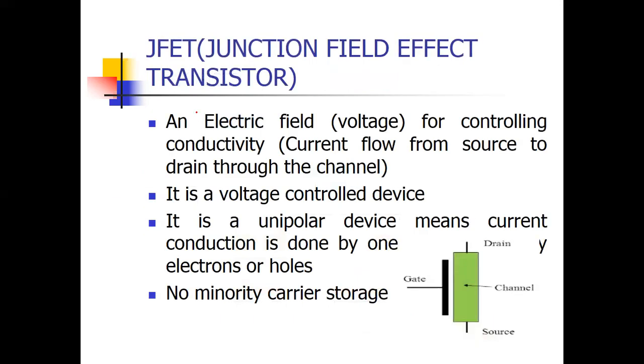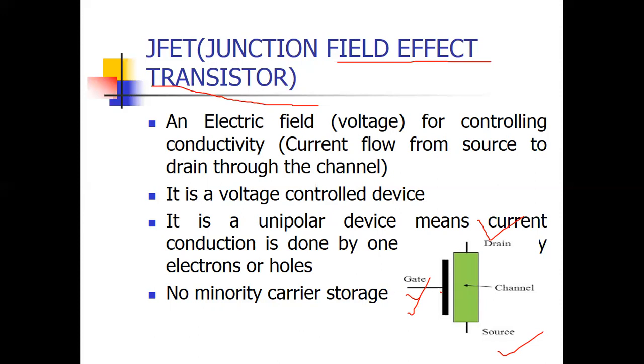So first of all, JFET, junction field effect transistor. What is FET, field effect transistor? Why is it called field effect transistor? That is the main point. In FET there are three terminals: gate, drain, source. Field means the electric field provided at the gate controls the current from source to drain. The electric field is used at the gate for controlling conduction from source to drain. That's why it's called field effect transistor.